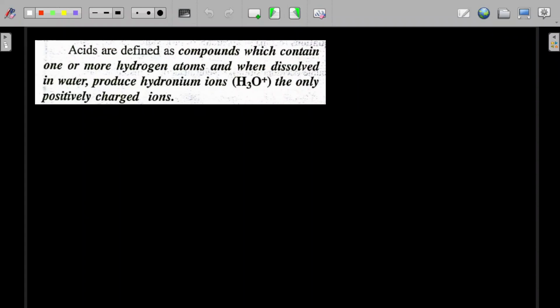Many of you may not know the meaning of acids. Remember the definition: acids are compounds, definitely not elements. They must contain one or more hydrogen atoms, and when dissolved in water,